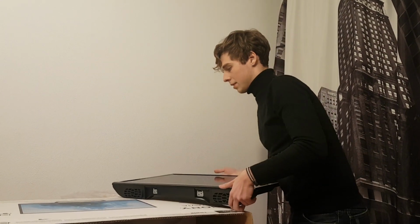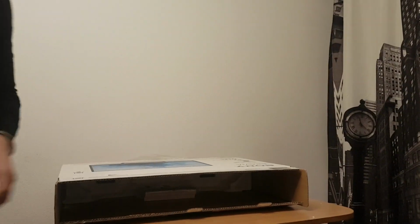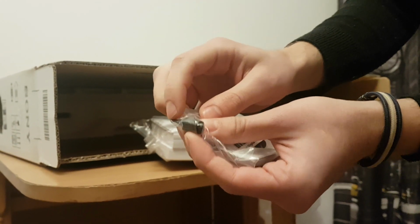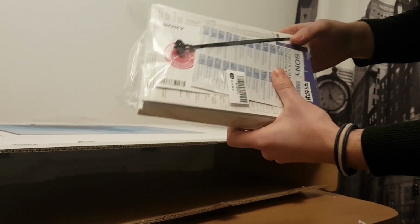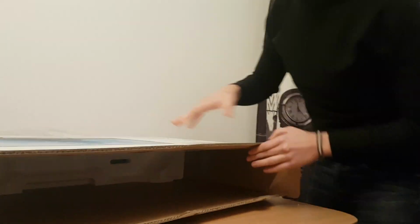And let's see what's in the box. As well, I'm going to put this carefully somewhere else. So there's some paperwork, I think in every language possible. Some screws. This is an audio jack. It goes from normal audio jack to optical audio jack, if you have stereos with optical in. And well, I don't think anybody will read this. You're better off trying it yourself,